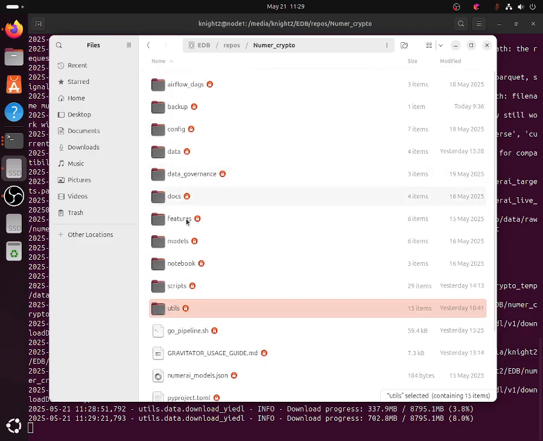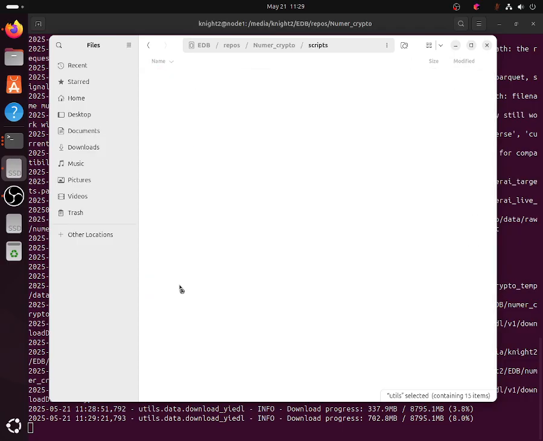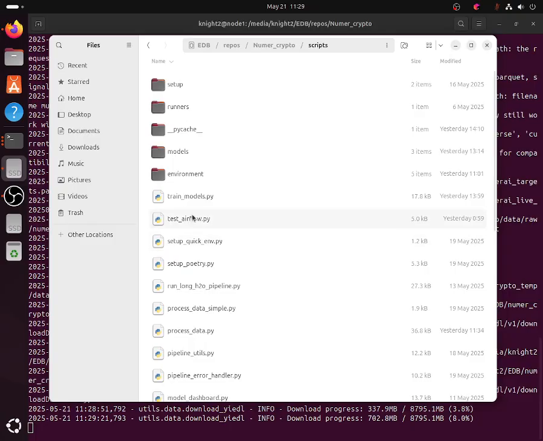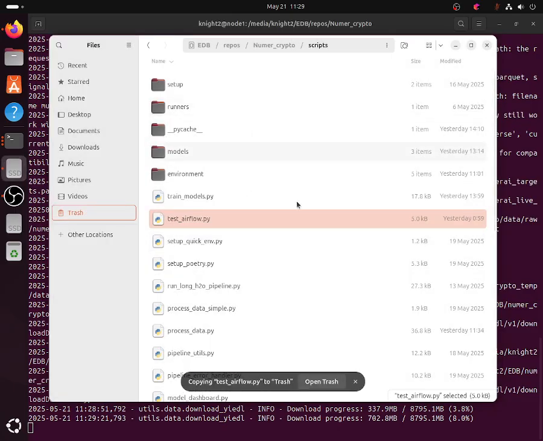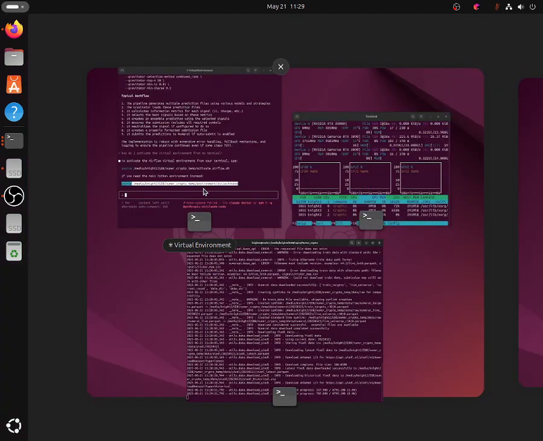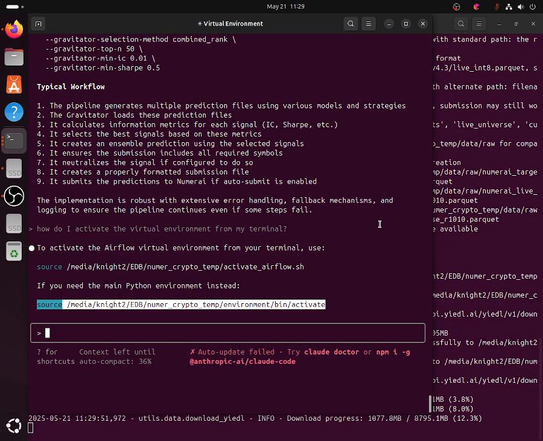And then the runner script, which is the script located here. For instance, create this test Airflow. It's not part of the Go pipeline, so this one should be deleted. I can just ask it to clean up the